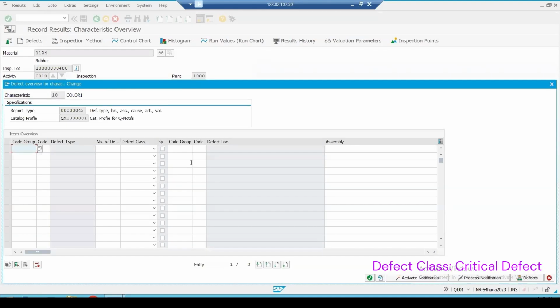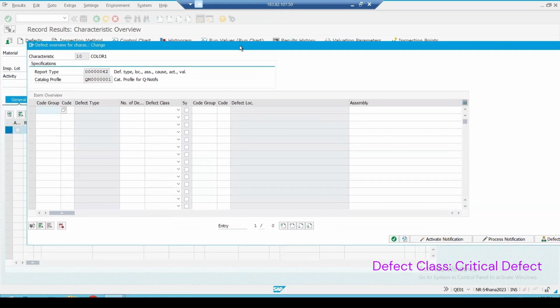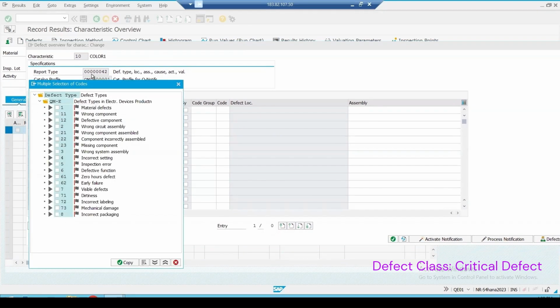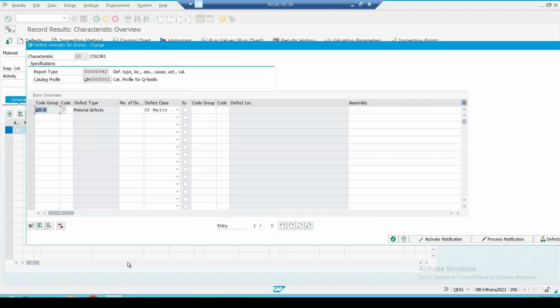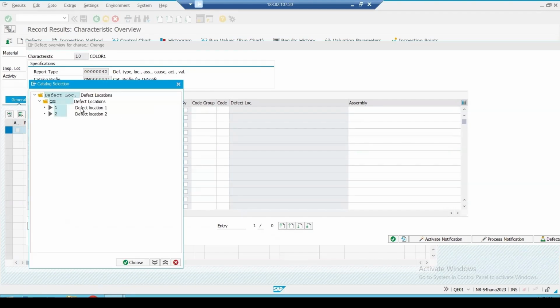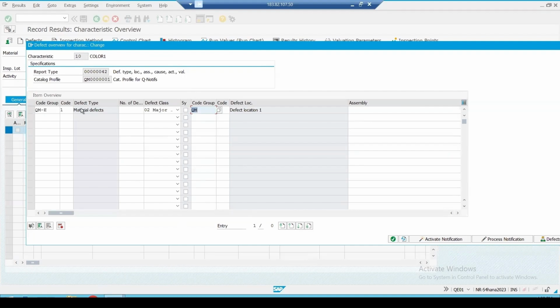So we have to tell that. Now, since automatic defect recording is selected, this pop-up will come. We have to enter the details. Okay, so if I'm selecting, say, material defect is there, okay, and if I select, say, whatever is present and assigned, I am selecting that. The appropriate catalogs need to be created for this, right? So we have the option to activate the notification here also, okay? But I am not activating from this, right? And then click on continue.